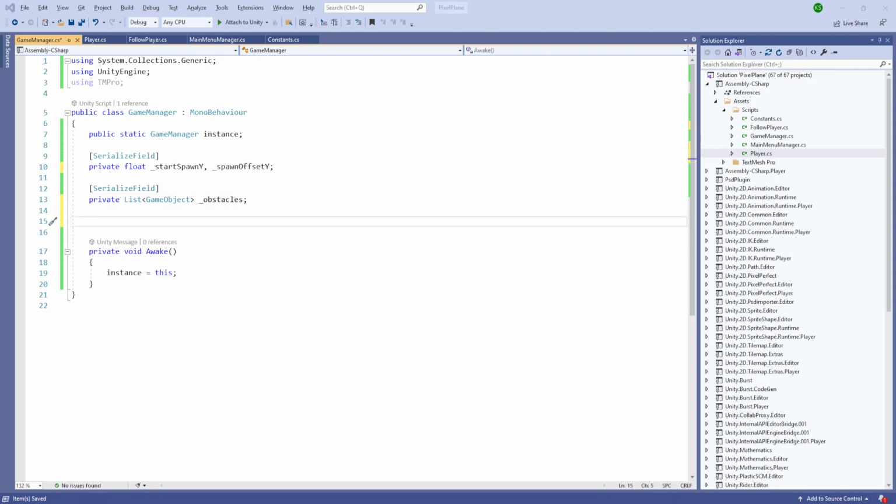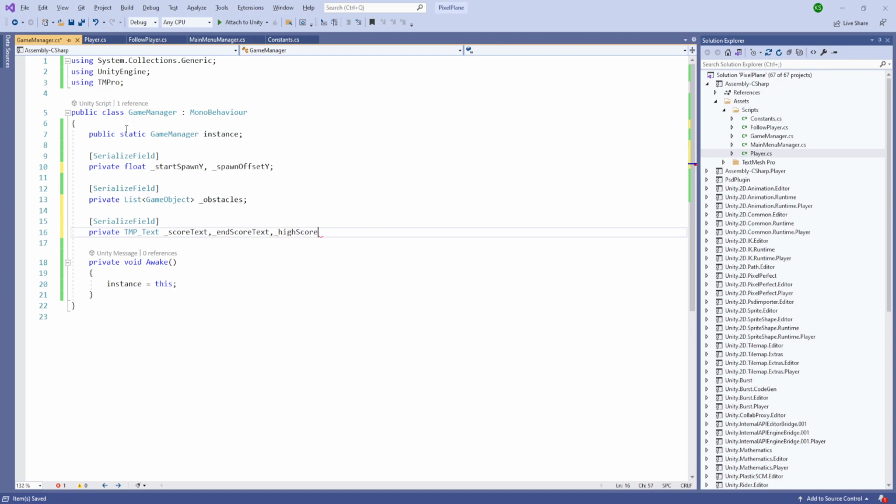And after that we have serialized field text, TMP Pro text, and the first one is going to be for the score text, and finally the end score text, and serialized field private game object end panel,